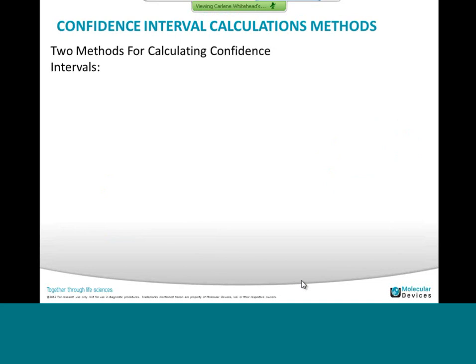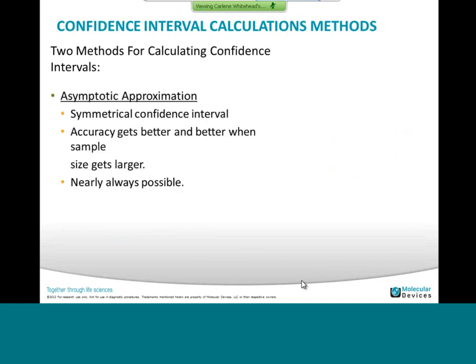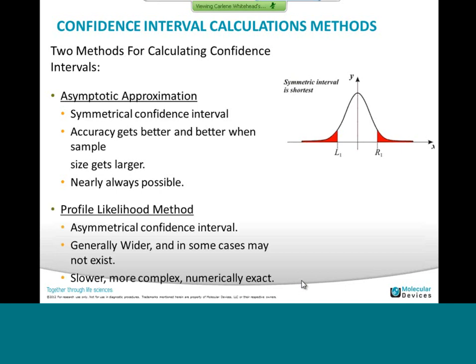So there are two methods for calculating confidence intervals. You have the asymptotic approximation, which gives a symmetrical confidence interval. The accuracy gets better and better as the sample gets larger, and it is nearly always possible. The other method implemented in SoftMax Pro is a profile likelihood method, and those intervals are actually asymmetric, and they